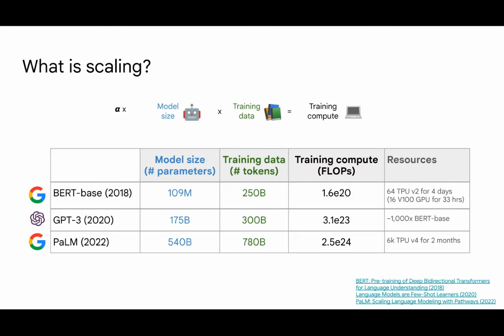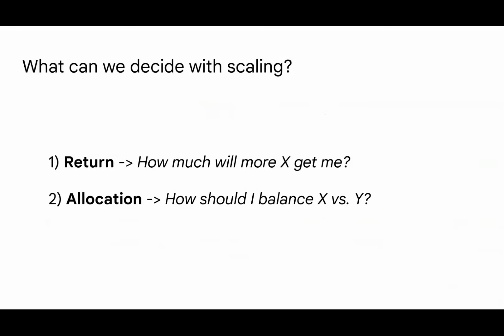We're starting to get much larger sizes, and at about this point in time, companies stop telling us exactly the numbers of their model. But what do we really need to know when making these decisions? If you're an executive and you want to decide how to train a model, there are two questions that might come to mind. The first we'll call return. This tells us how increasing one of these quantities will actually help in terms of our final loss. The second we call allocation, which is the question of how we should balance the different terms in this equation. Both of these questions are useful for determining the size and the amount of data to actually train.